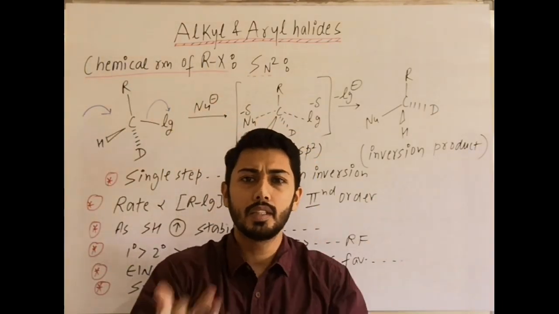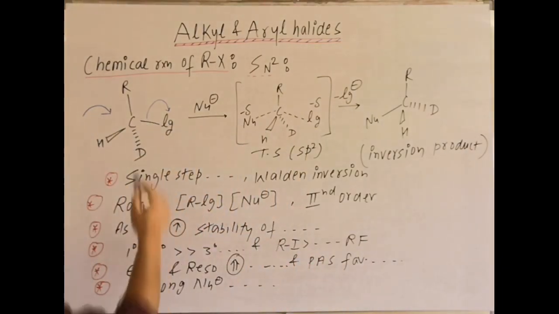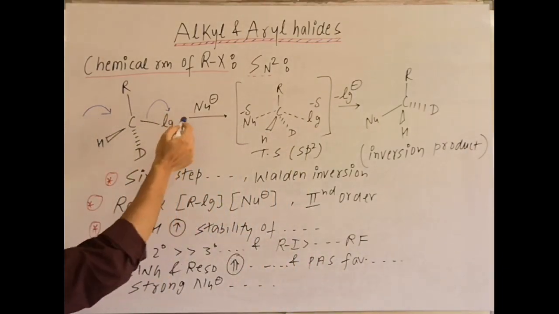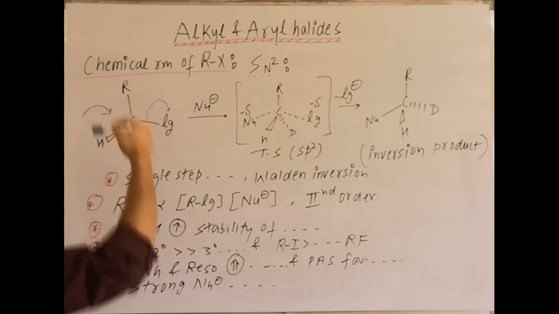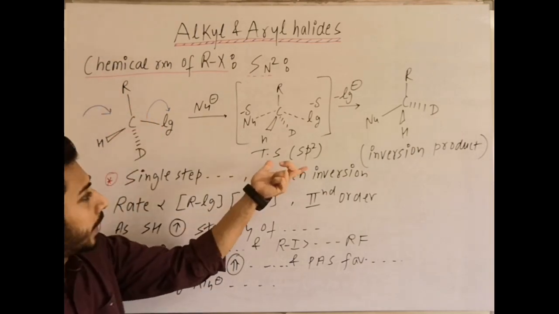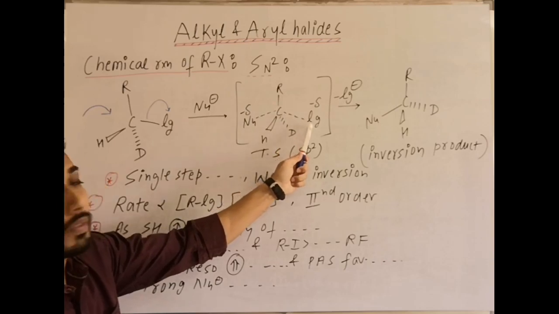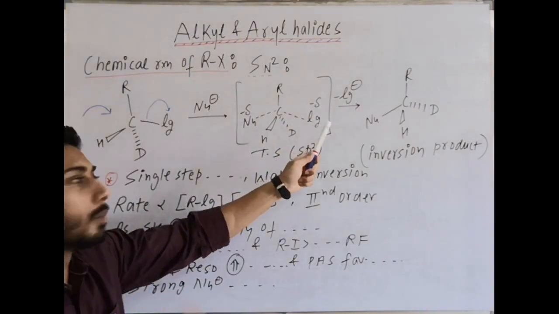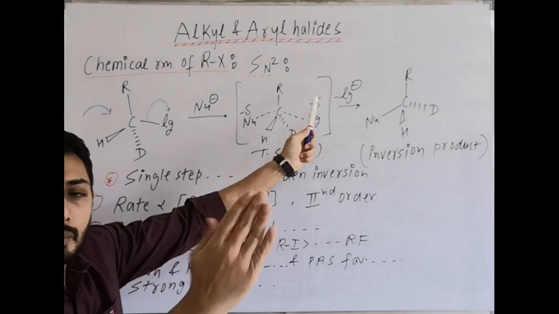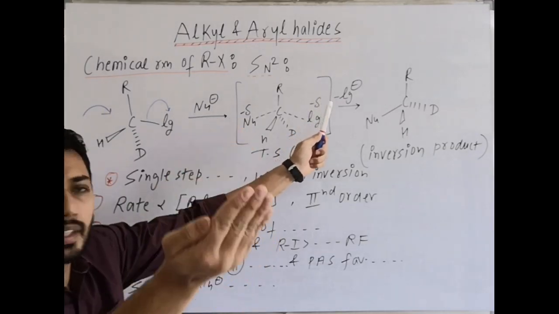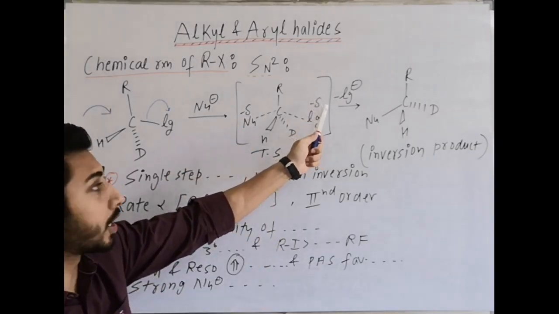Yes, we are doing the mechanism, so we understand that when the leaving group is departing, simultaneously backside attack of the nucleophile takes place, and that is the transition state form. The bonds of the leaving group are cleaving. If you put a halogen there, it becomes X. It is leaving, that means Cl minus or X minus will leave. That's why there is a partial negative charge.